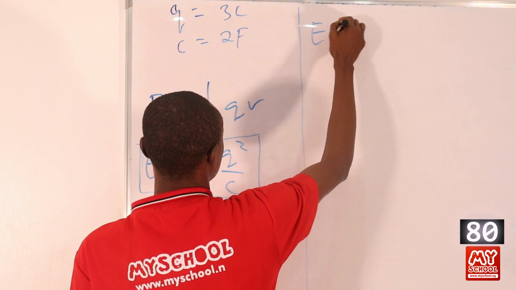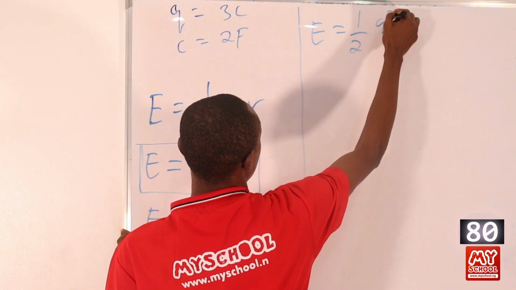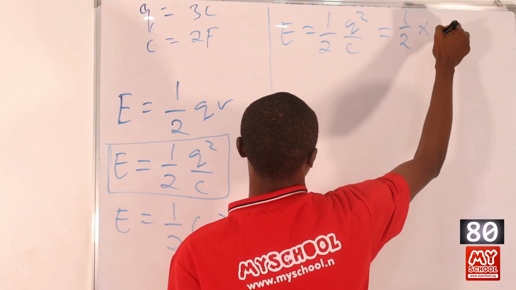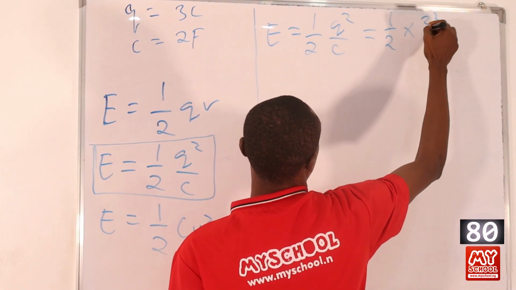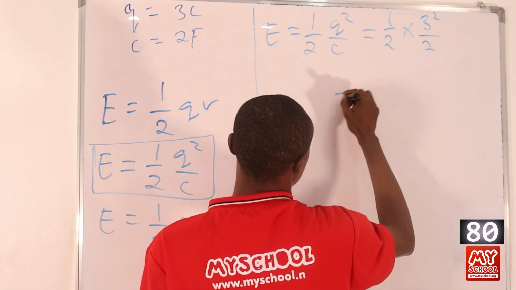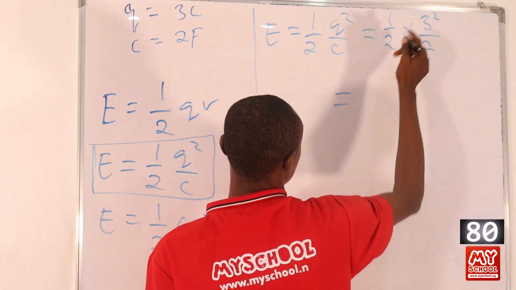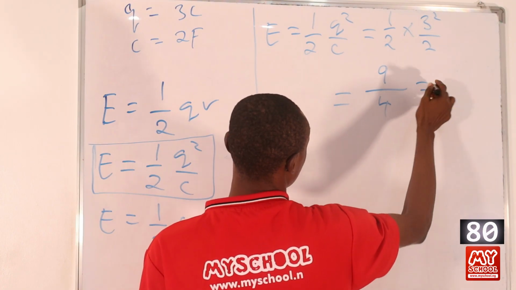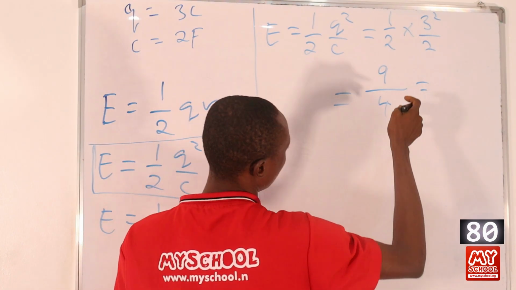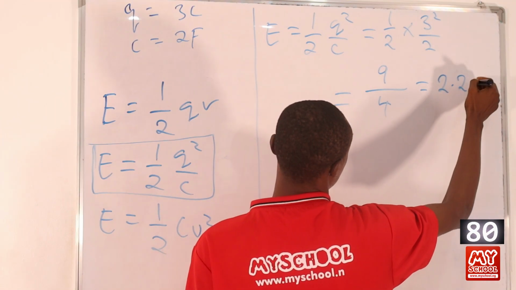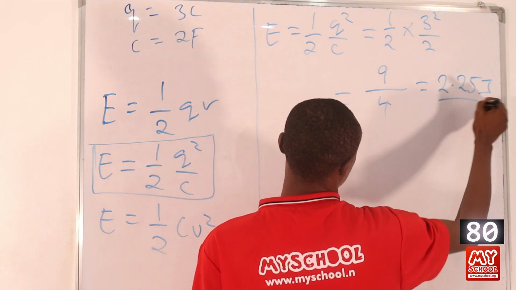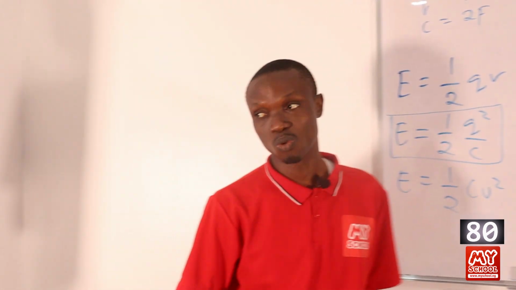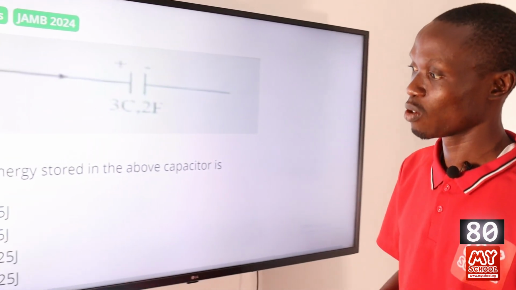Okay, so energy stored E is equal to 1 over 2 Q square all over C. So we just substitute our values. So here will be 1 over 2, I say, times 3 raised to power 2, then divided by 2. So this will be equal to, of course, 3 raised to power 2 is 9, and 9 times 1 is 9. So we have 9 here. Then 2 times 2 is 4. Okay, so we just divide. So how many 4 is in 9? That would be 2.25 joules, right? Since we are talking about energy stored. So let's return back to the screen to pick the correct answer to this question, and that is option A,